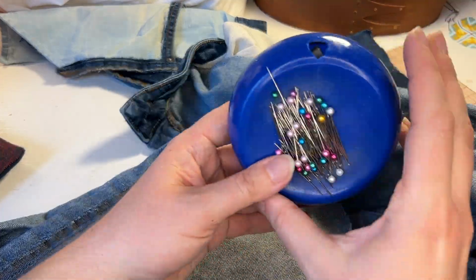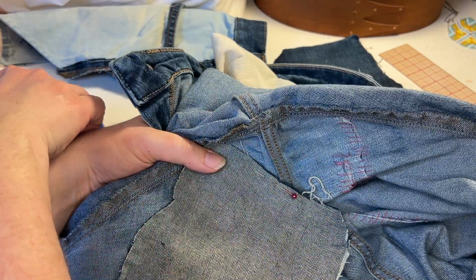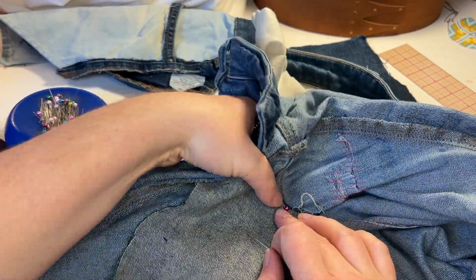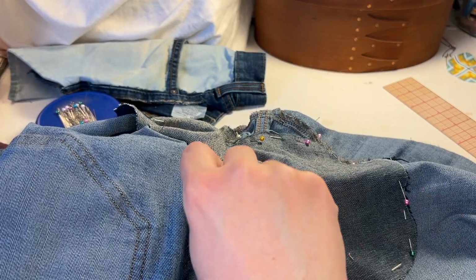Once I'm comfortable with how it's placed, I pin it into place and then I baste the patch to the hole. I prefer basting to holding it with pins since I'll be sewing this by hand, and I sometimes will get the thread snagged on the head of a pin. I like to just get it cleaned up. I also like to not stab myself in the hand